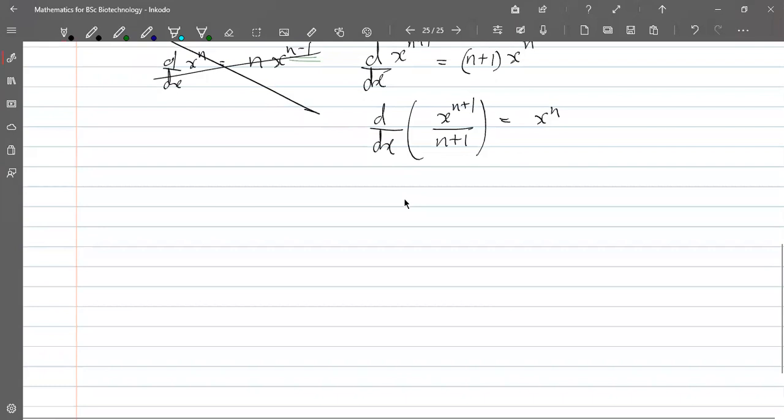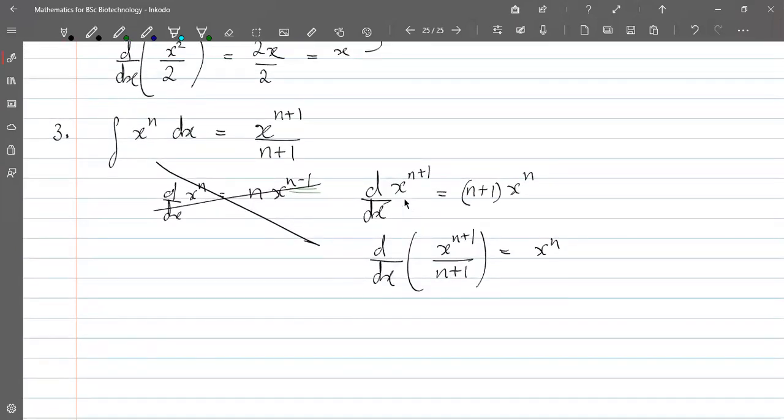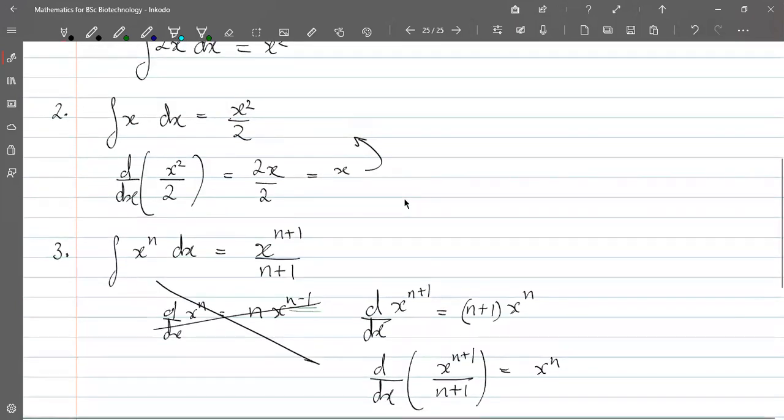Okay, so similarly, we'll find the derivatives of many of the elementary functions like e power x and sin x and all that. Before that though,